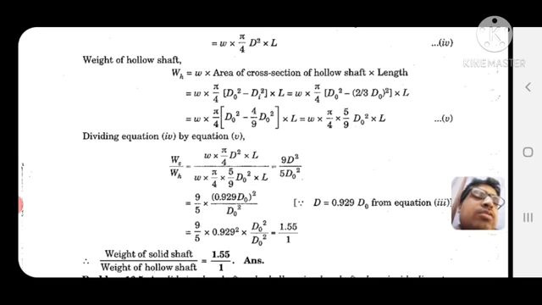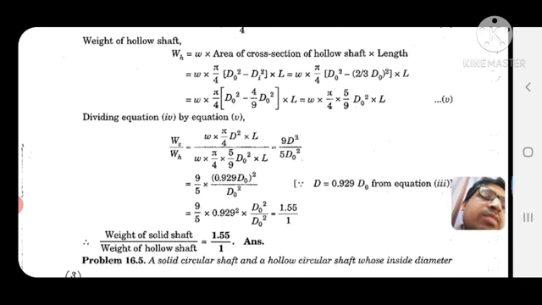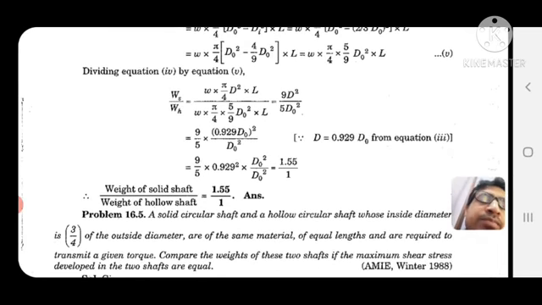So that is equal to W into pi by 4 (d0 square minus 2/3 of d0 square) multiplied by L. So W, that is equal to W into pi by 4 (d0 square minus 4 by 9 d0 square) into L. So that is equal to W into pi by 4 into 5 by 9 d0 square into L. So dividing equation